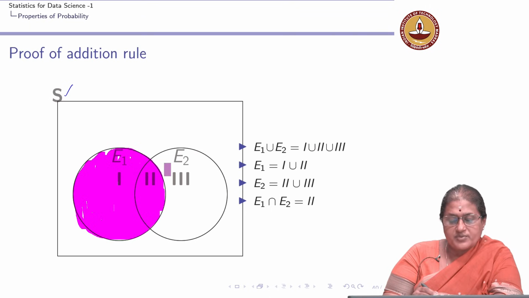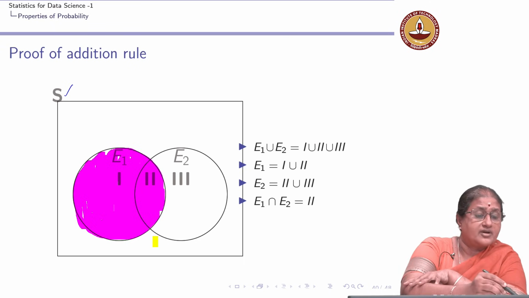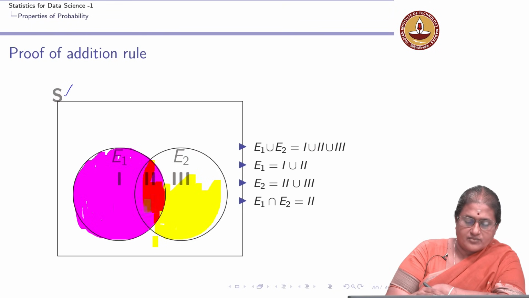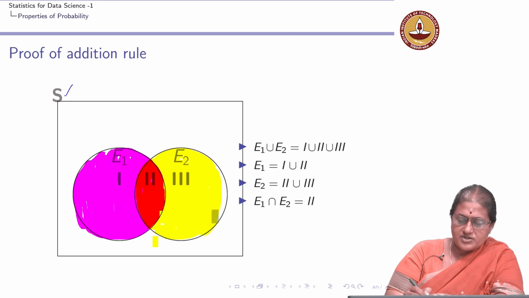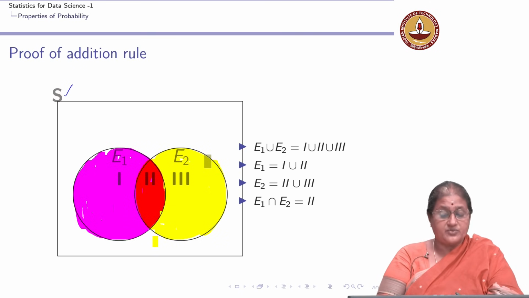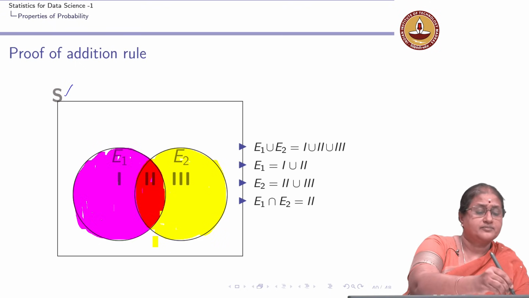The yellow is my E2. So, the yellow shaded region is my E2, the purple shaded region is my E1, and the orange shaded region is